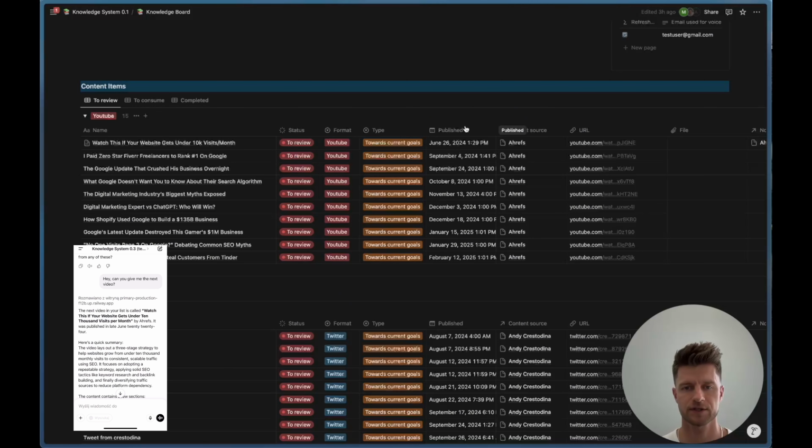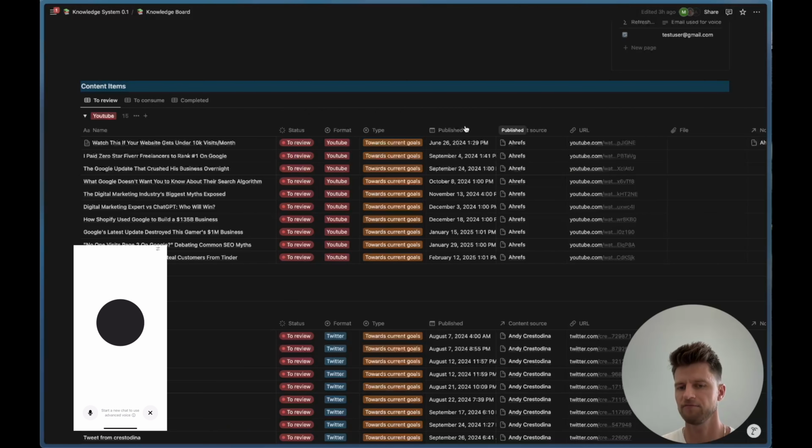So usually after hearing the quick summary of the video, I will decide whether I want to go deeper or if I just want to mark it as completed. And if the video is particularly interesting to me, I will ask AI Assistant to provide me more details and give me the more detailed summary, which I will do right now. Hey, can you give me the very detailed summary of this video, please? Absolutely. Here's a detailed breakdown of the video. Watch This If Your Website Gets Under 10,000 Visits Per Month by Ahrefs. The video opens by